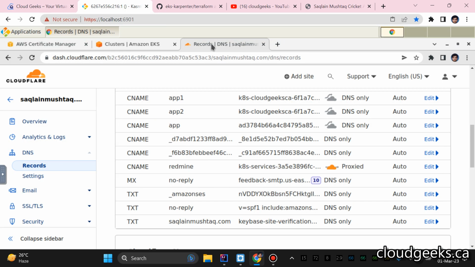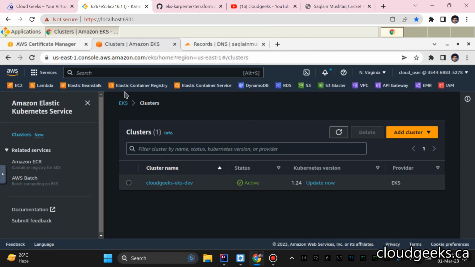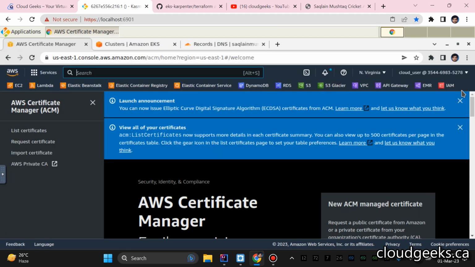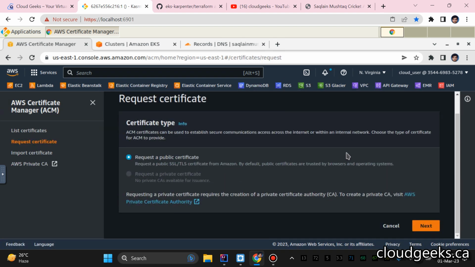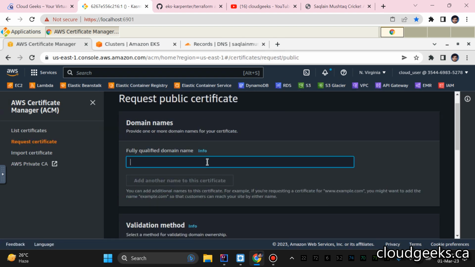So in the DNS zone, what we need to do, first of all, create a certificate, and for the verification, we need to add the CNAME record. So simply click next, and I'm going to add one entry, star.saklanmushtaq.com,